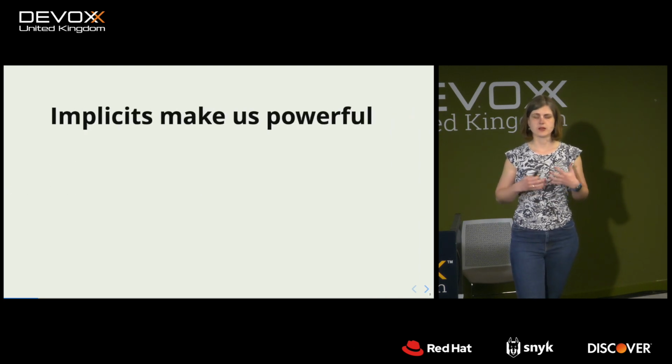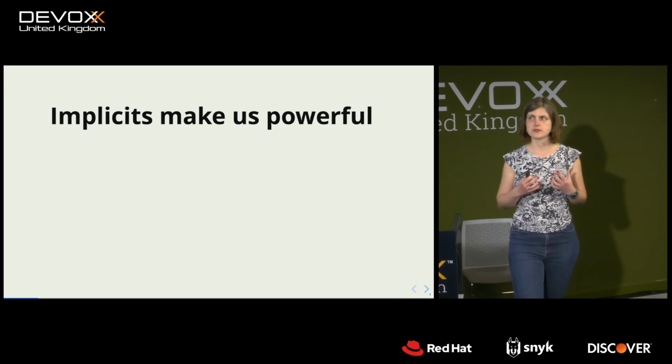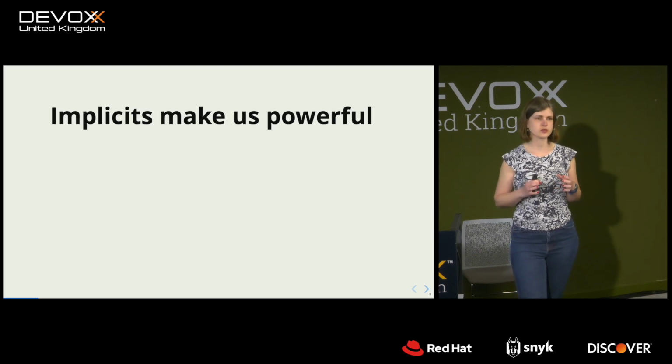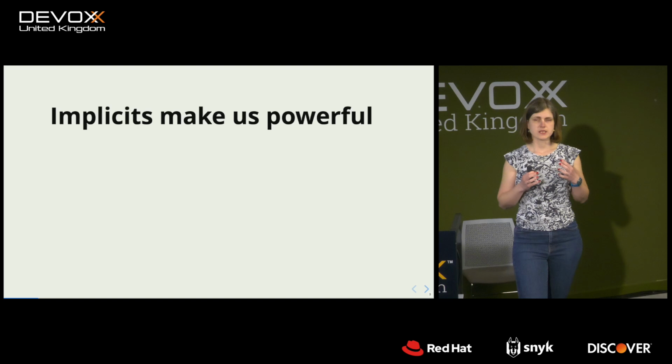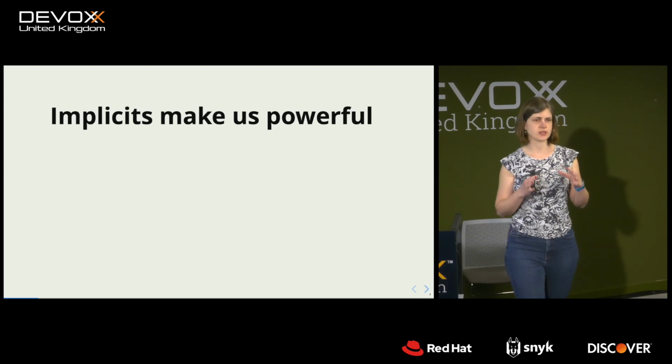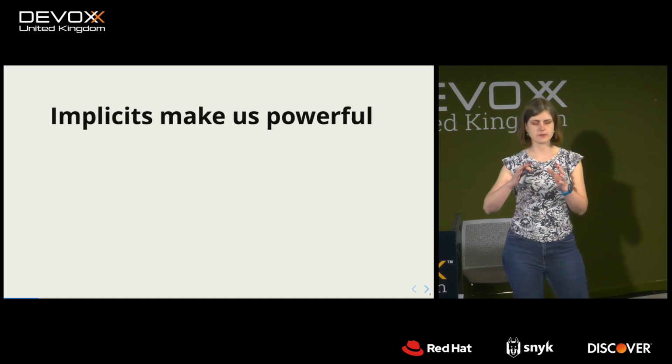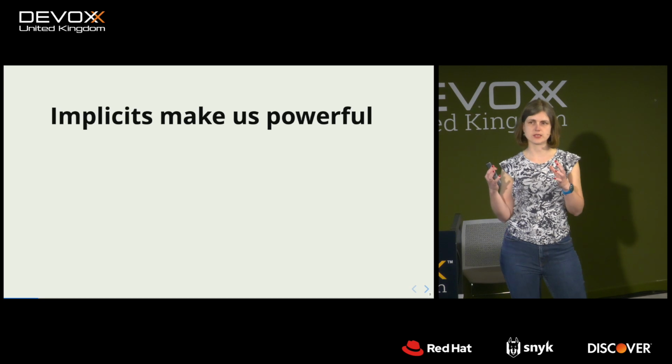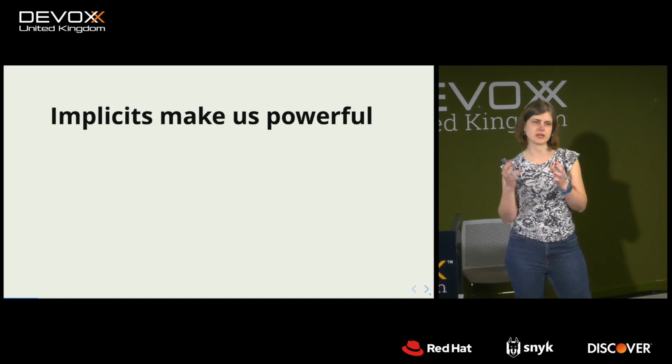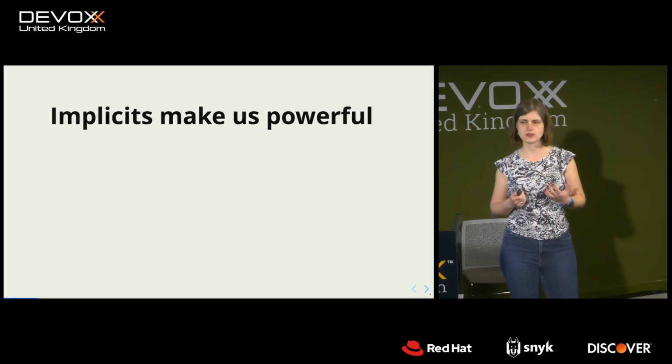So why are we talking about implicits? Implicits make us powerful. They are a very useful language feature which defines so-called contextual abstractions. So that your code doesn't run in a void, it runs in some kind of context, and because of that, you don't have to write everything specifically. You may want to decide that this is something for the compiler to infer, and that's why it's called contextual